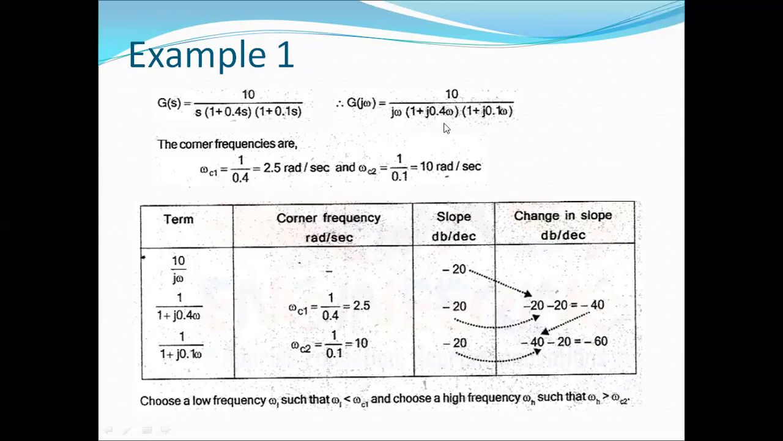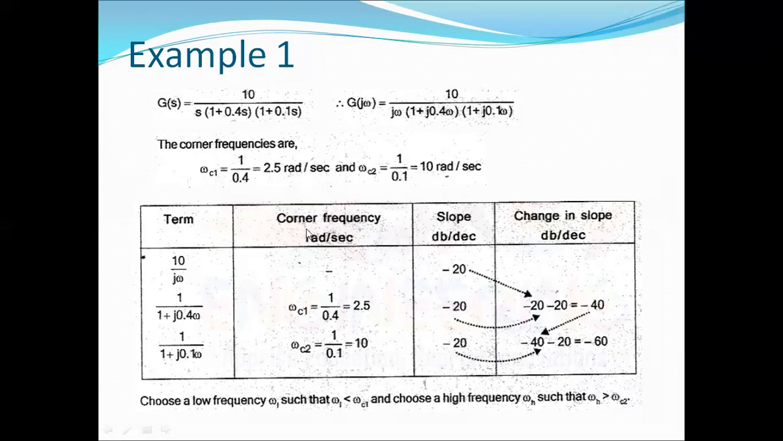Okay. So from this given problem, you identify or find the corner frequencies. The coefficient of s here is 0.4, so the reciprocal of 0.4 is 2.5 radian per second. So that is corner frequency 1. And the second corner frequency will be the reciprocal of the coefficient here, 0.1, so 1 by 0.1 gives 10 radian per second. So after finding the corner frequencies,